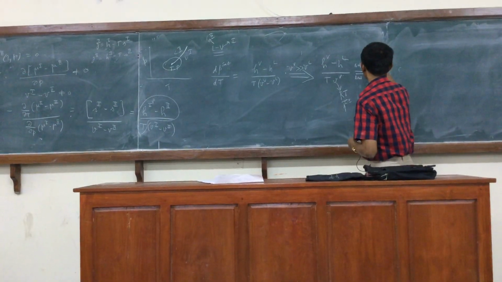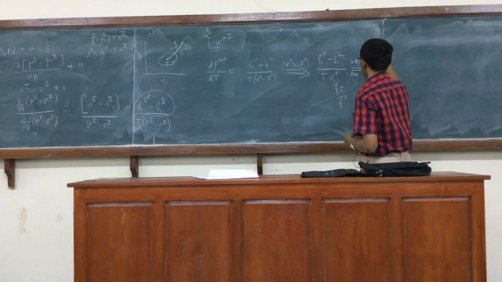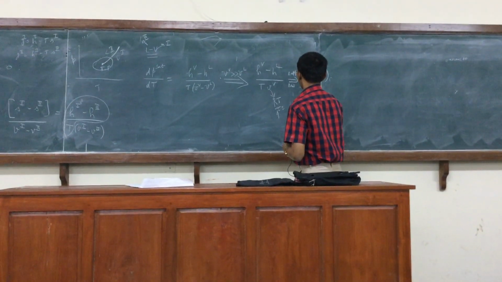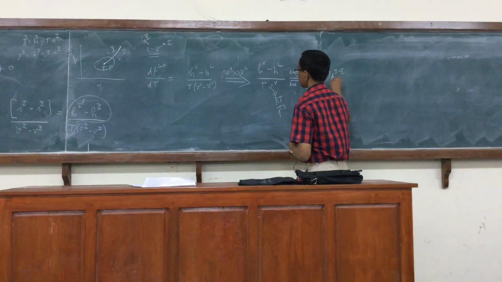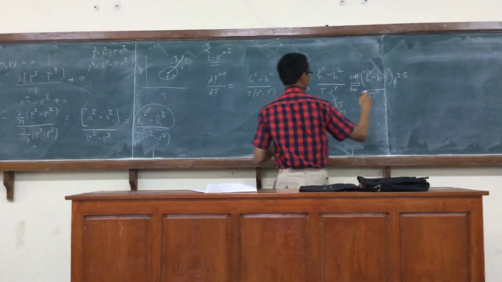So this can be written as Hv minus HL times RT square